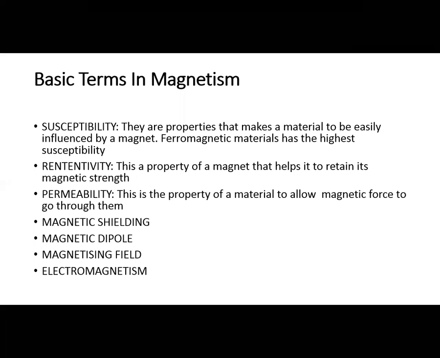Okay, and if you come to susceptibility, they are properties that make a material easily influenced by a magnet. Some of the properties, for example, I'm coming to demonstrate something right now. We call something a domain. Okay,